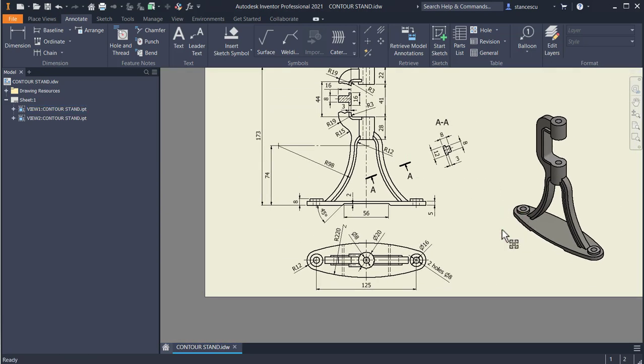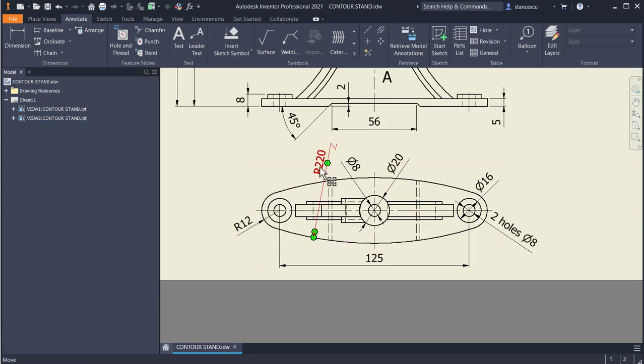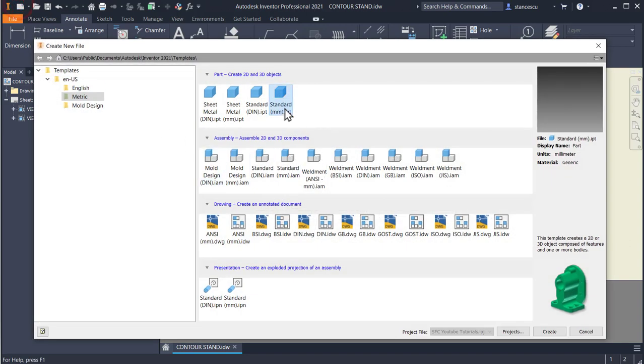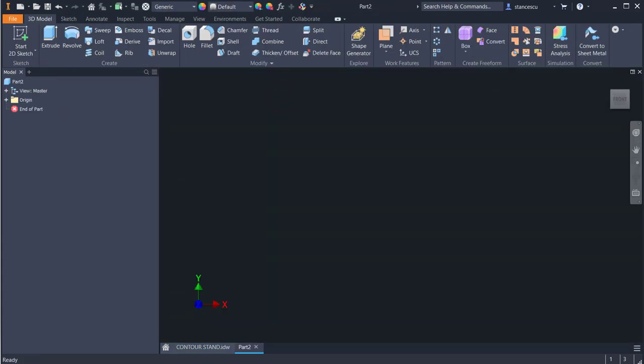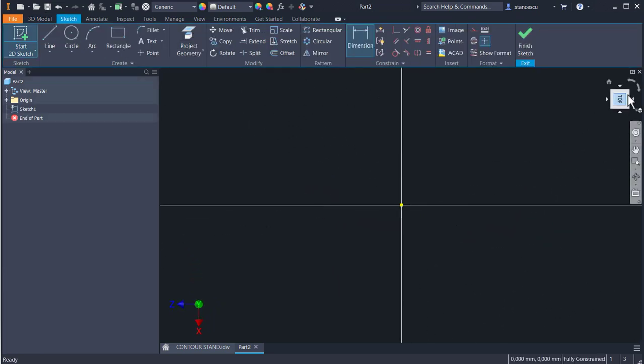We start with the base plate, which is an oval, radius 220, radius 12, distance 125. Let's create this and extrude on 5. This face,